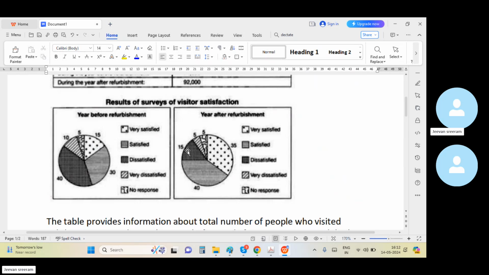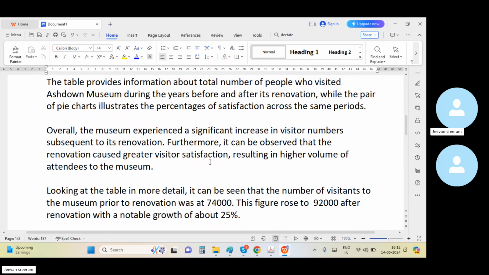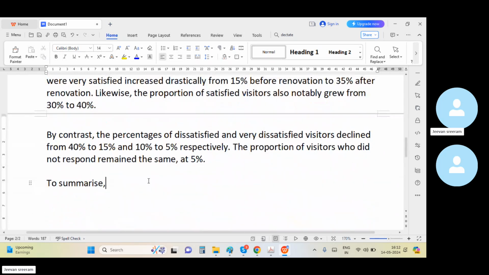So almost 80% of the people, visitors, were satisfied after renovation. This had engendered more number of, to summarize, almost 80%. 80% can be written as,